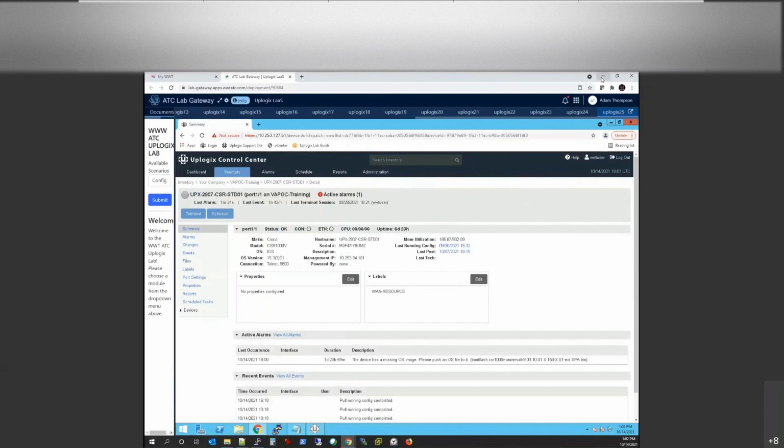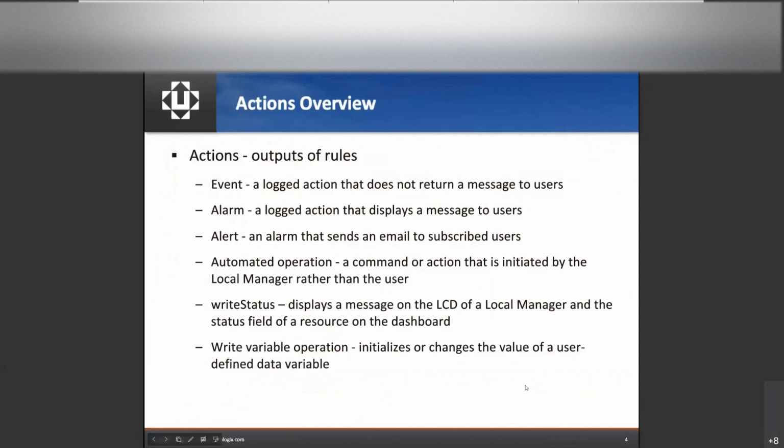And those also show up on the dashboard when you log in. One example is we had satellite antennas that were not locked. It's the equivalent of a layer 1 problem, right? Or a port's been unplugged, right? That sort of thing. We can write that status to the dashboard so that you can see at a glance